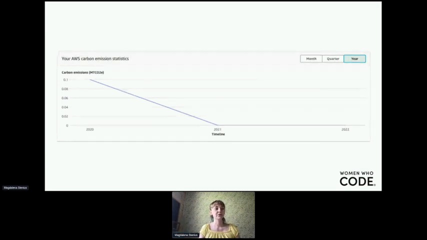And first, I was sure that there must be some technical problem since this feature is still very new. But it became clear that the reason our emission statistics look like this is that most of our infrastructure, or almost all of our infrastructure, is located in a region called EU West 1. And EU West 1 happens to be a region that is